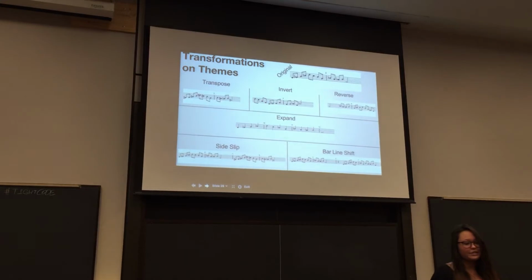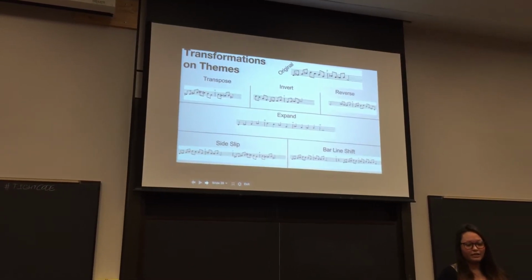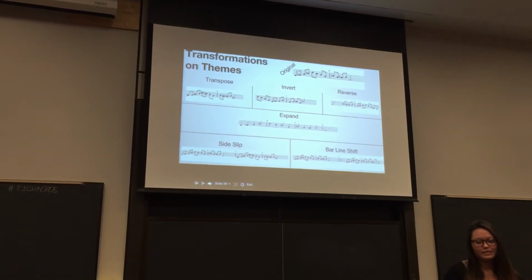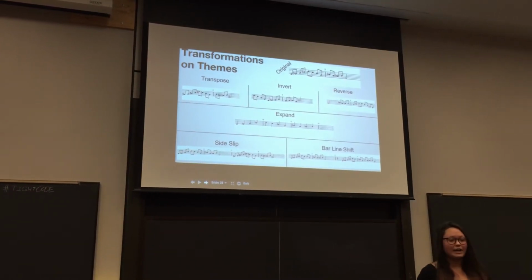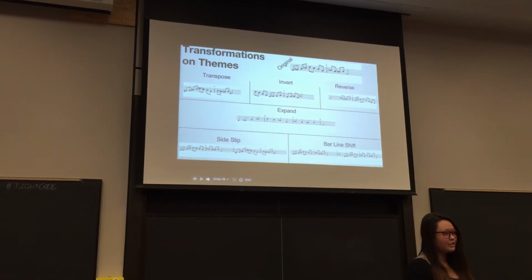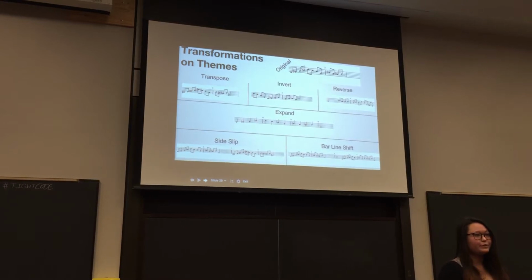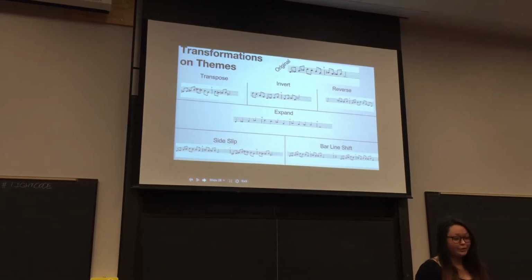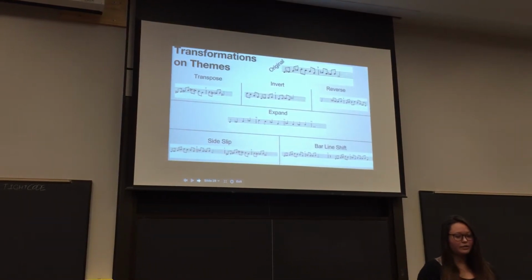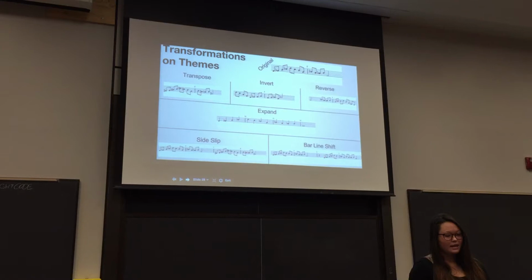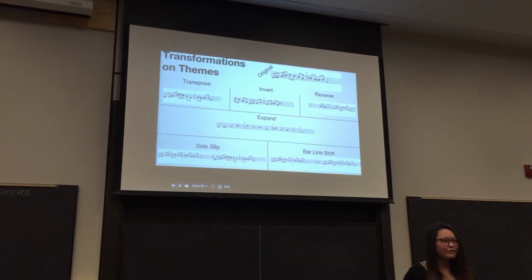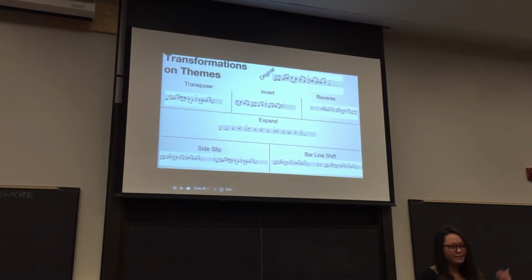So these are the transformations that we can apply to the theme to make it a little bit more interesting. These are all standard jazz transformations. Up at the top, we have the original melody, the original theme. The first transformation is transposing the theme. This is moving the melody up or down 1, 2, or 3 half steps. This keeps the same shape and contour of the original melody, but changes the notes a little bit, so it's not exactly the same. Then we have inverting the melody, which basically takes the melody and flips it